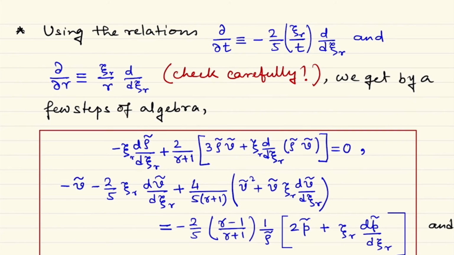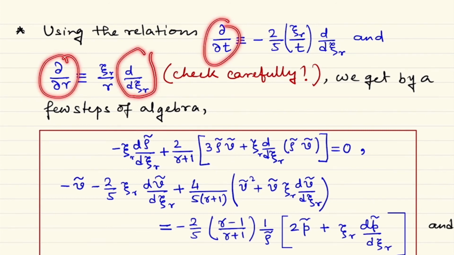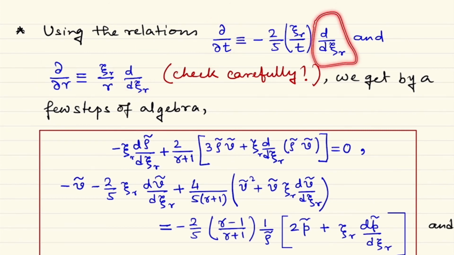Okay, with partial derivatives and functions of multiple variables, and partial derivatives, total derivative, this type of thing. Okay, so if you replace this thing, then finally del t, del r, both are now translated to d/d xi r. Okay, and that's exactly the method by which one can cross check whether the system is really self-similar or